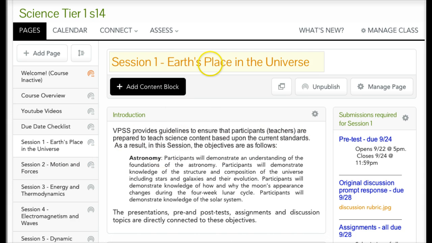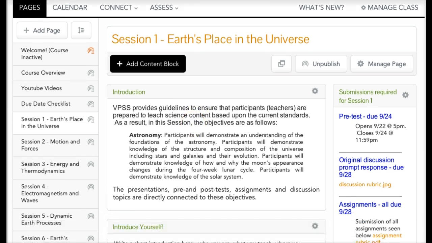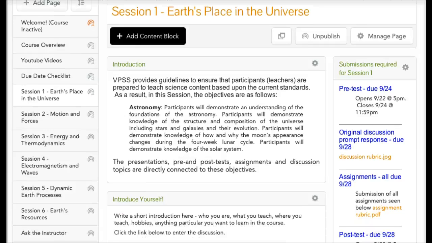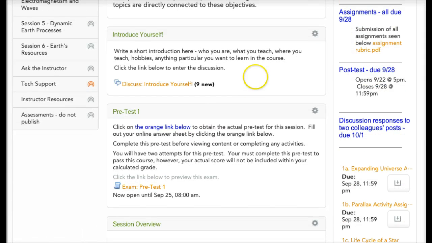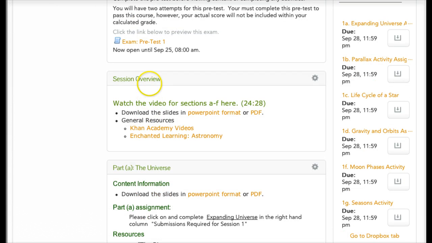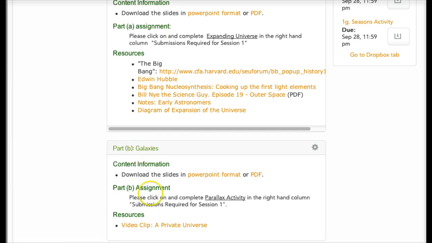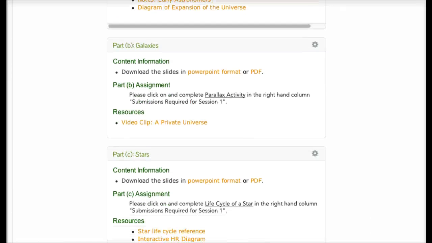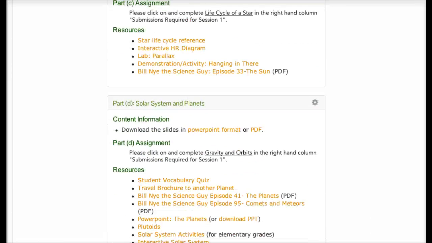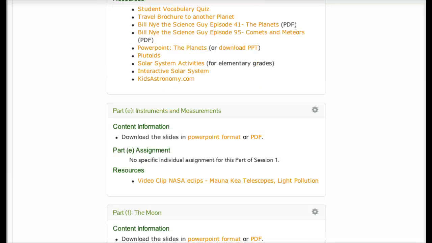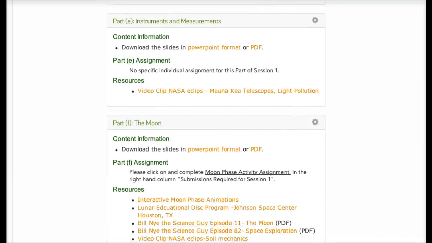Here's session 1, Earth's place in the universe. There's an introduction to let you know what the general content area is of this session. This is the only time you'll see this one, introduce yourself. We get to a pre-test, a session overview, and then different parts. Part A, the universe, Part B, galaxies, Part C, stars, etc. So there's the content information, followed by, we're almost there,